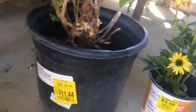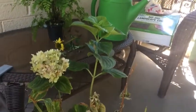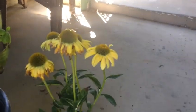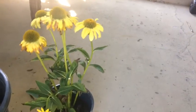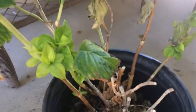But it was $11.44. So I believe I can save it. So I brought it home, and I'm going to try to nurse it back to health. I also am going to nurse this echinacea back, because yesterday it was completely drooped over. I mean, it was just looking like it was dead and dried up. And as you can see, it's standing up today, and the leaves are perking back up